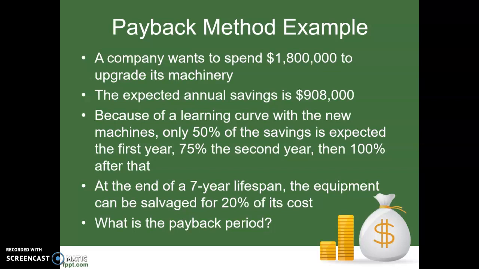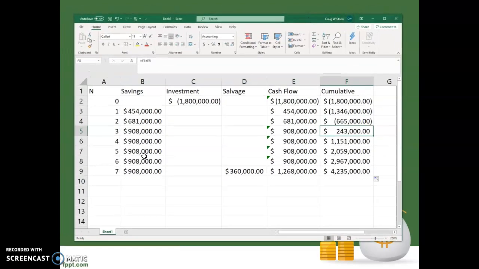So we had, in the last video, developed this spreadsheet in which we looked at the savings each year, the investment, the salvage, and then what the cash flow would be from this investment. And by calculating what the cumulative value is, we can see we start off at $1.8 million in the hole, but then we get